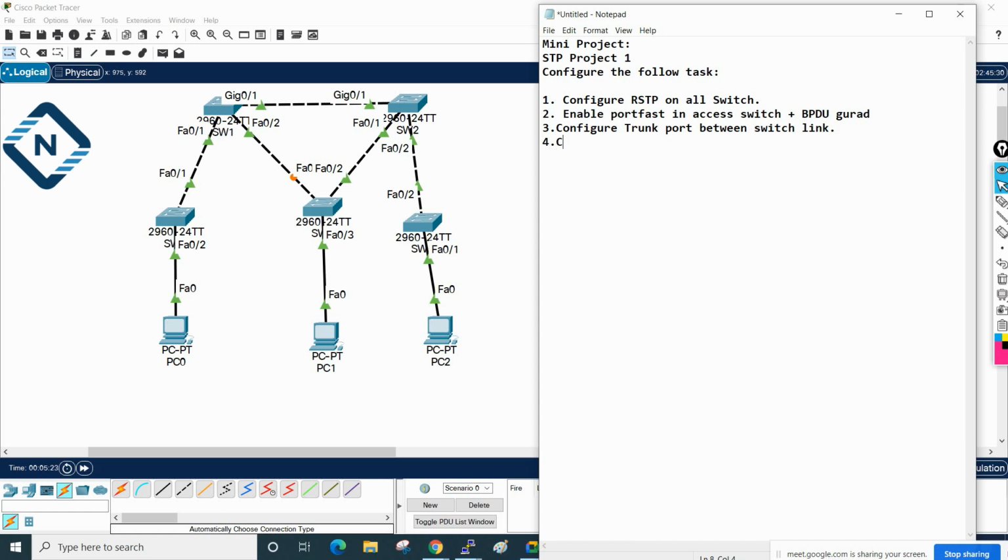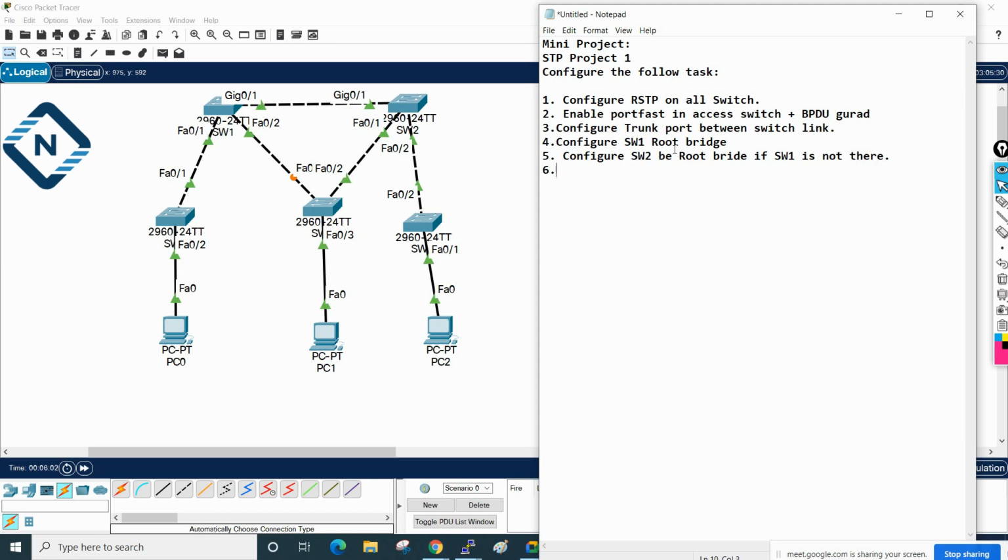And now the main thing, we will say configure switch 1 as a root. Okay, root bridge. Switch 1 will be root bridge, and then I will say configure switch 2 to be root bridge if switch 1 is not available. In your own words you can define the different wordings. I am saying that not there or not available, or in the absence of the switch 1, switch 2 should become as a root bridge.